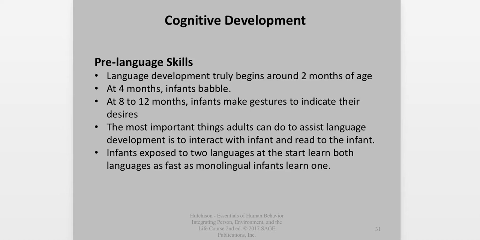She had both words, and it was really fascinating. And they say the earlier you learn a language, the more fluent you're going to be with that. So here this says that infants exposed to 2 languages, it's really remarkable that they learn both languages at the same rate that a monolingual infant would learn 1 language.